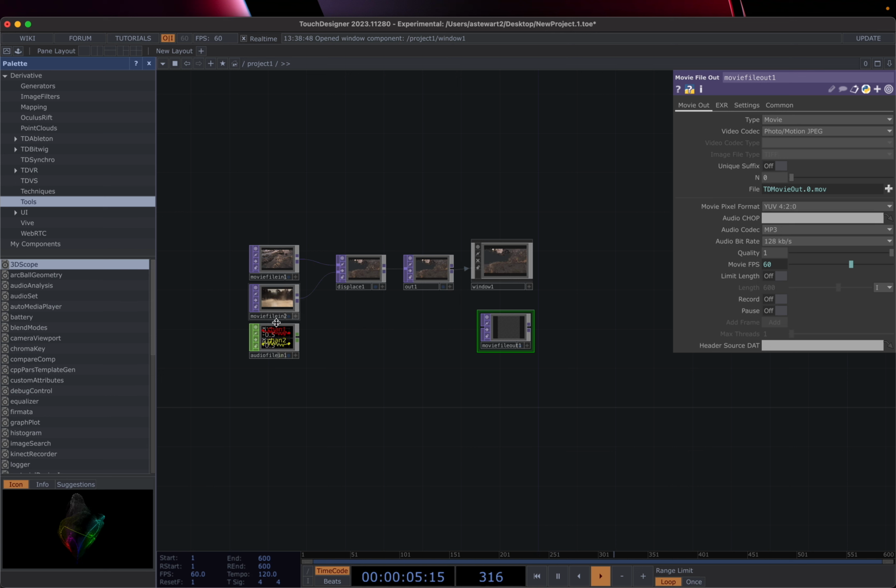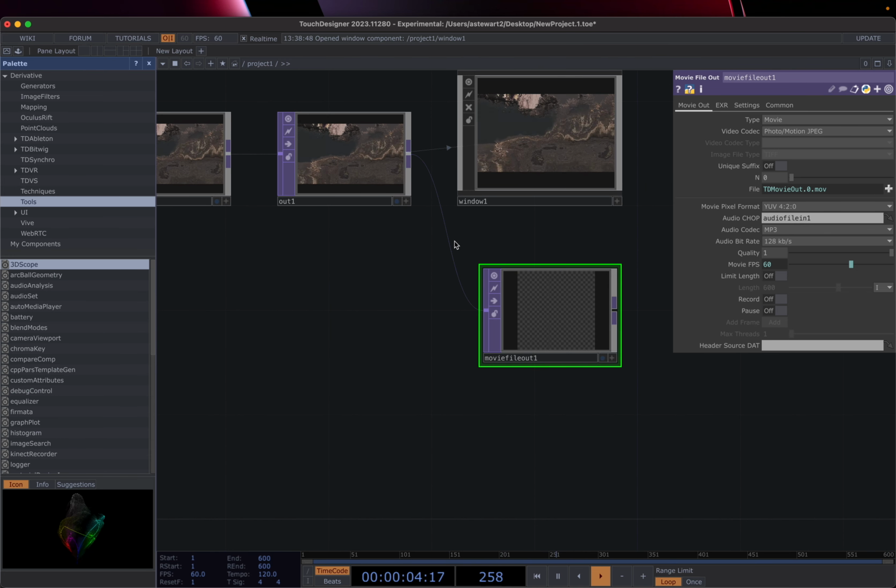And then I just need to tell it which audio chop to use. We currently don't have audio coming out. I'm going to go ahead and just drag this audio file in because that's what we want to use. And then I'm going to connect the output into my movie file in. And I think that should work. Let me double check and make sure that out isn't special in some way. No, yeah, so both of these are not going to be showing any preview yet, and so it doesn't really matter which one of these we use. Okay, so now we've got this set,